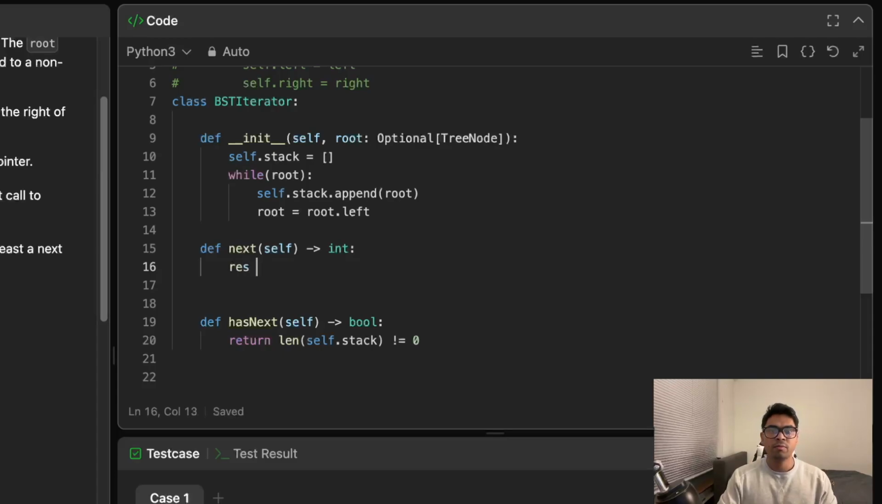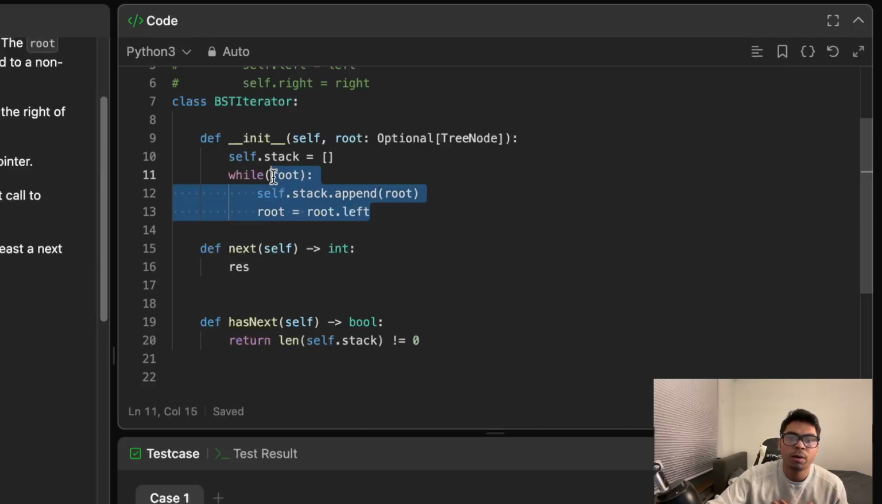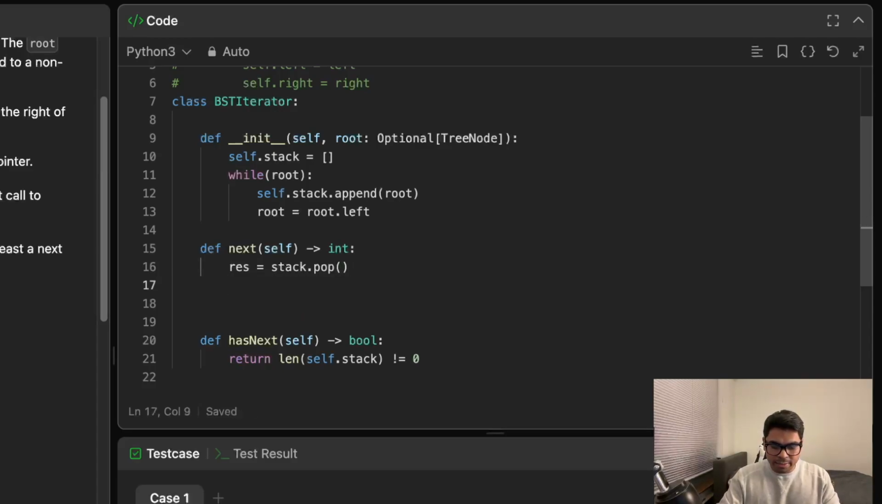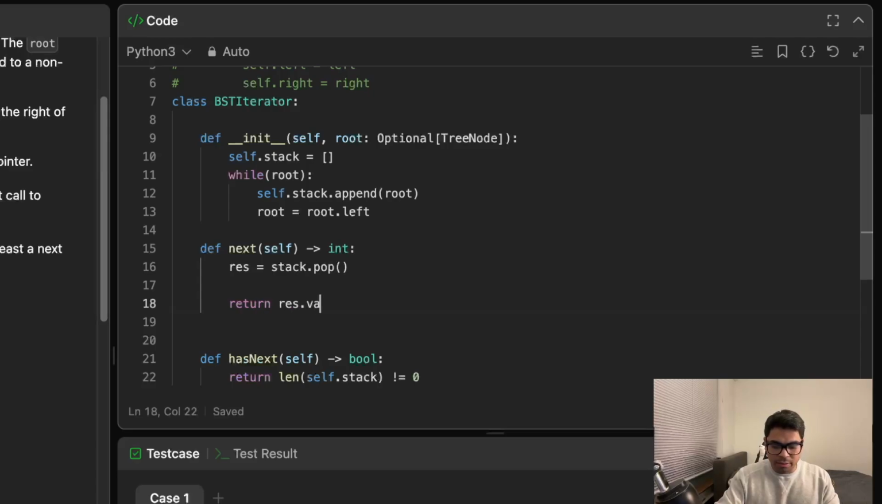Now for next, if somebody is asking what's our next value in our array or in-order traversal of BST, then it's going to be what we pop out from the stack, because so far we have traversed to the leftmost child, and that is the first node that would be in our in-order traversal of binary search tree. So let's pop out the topmost value from our stack. So we can return this res.value,